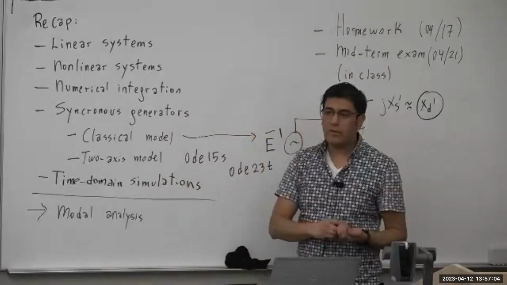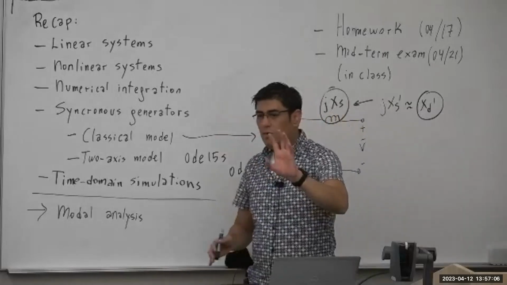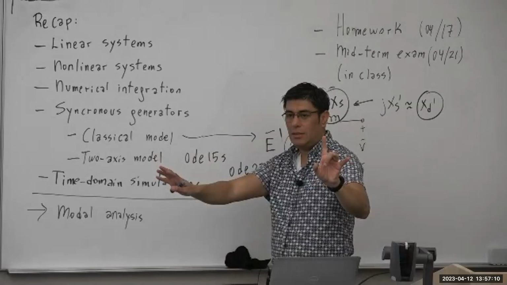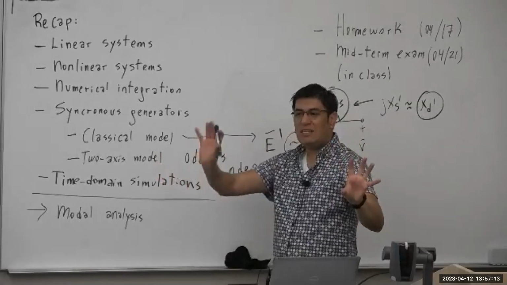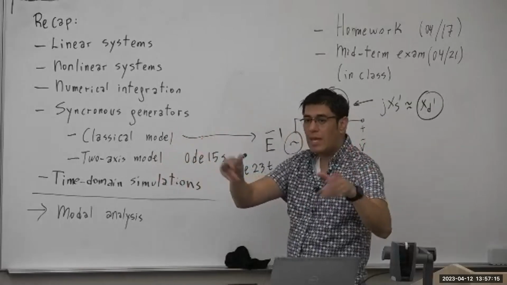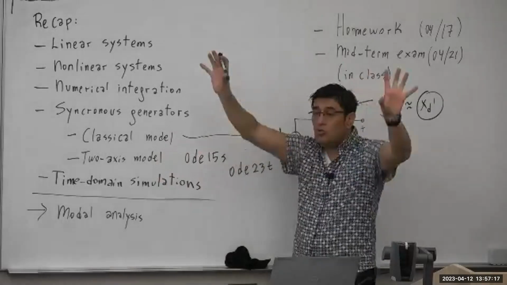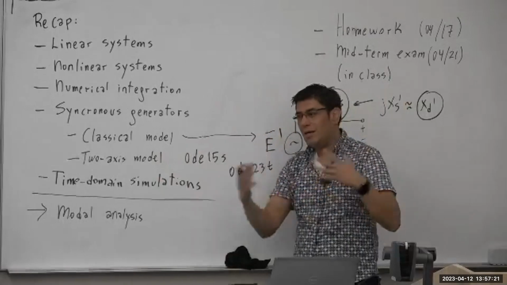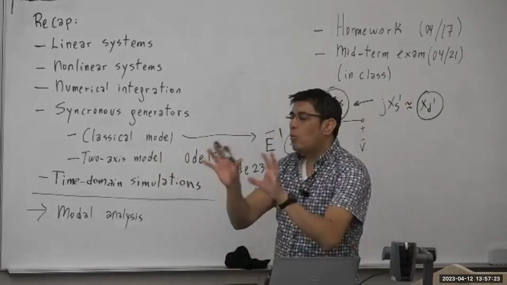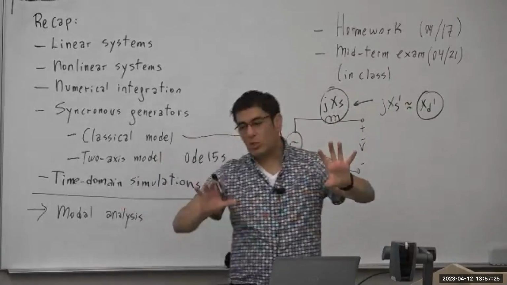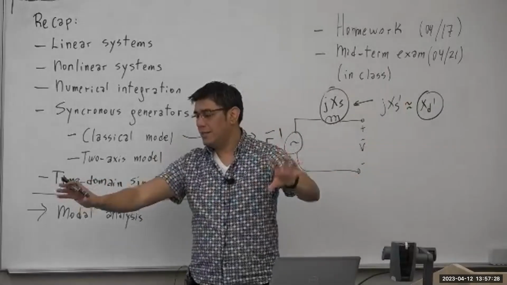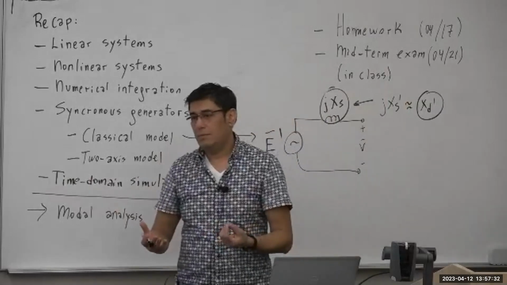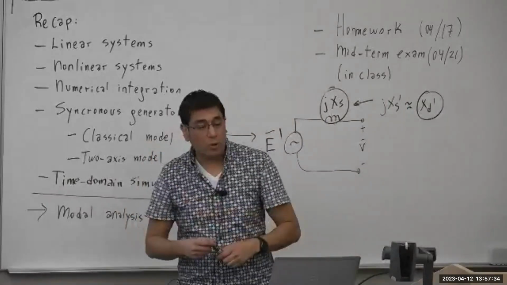We considered multiple examples. First of all, we considered one machine infinite bus classical model. Then we considered one machine infinite bus two-axis model. And then we considered two machines, one infinite bus, two-axis model. And we got the definition. What was the difference between one machine oscillating with an infinite bus and two machines oscillating with an infinite bus? From a dynamic point of view,